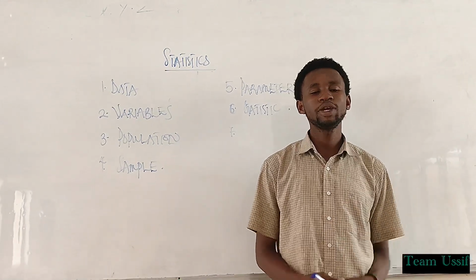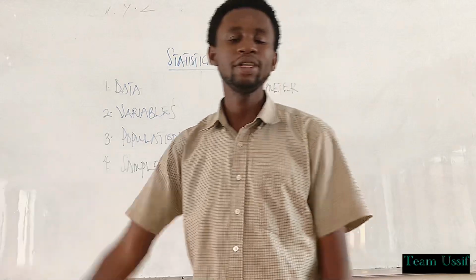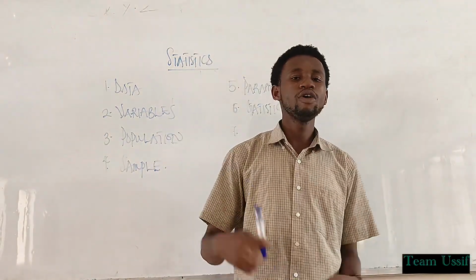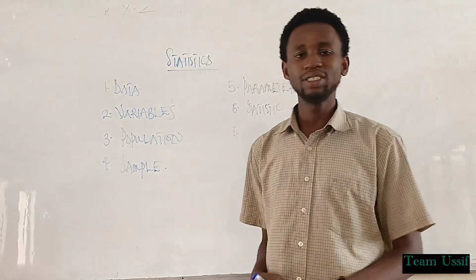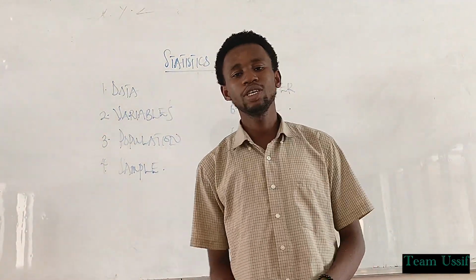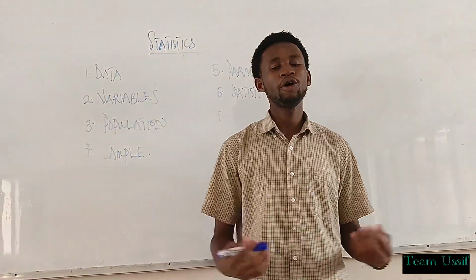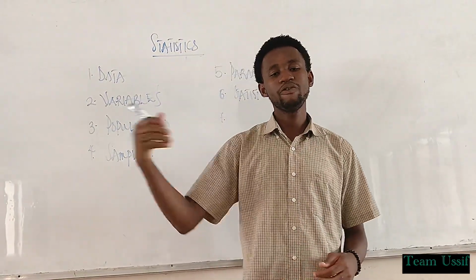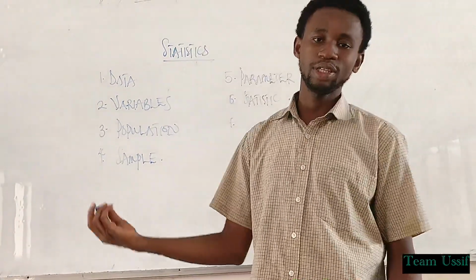The primary source is when the observer or the researcher goes onto the field to collect data through interview, focus group discussion. So they collect first-hand information. And we have the secondary data, which is already available. So you just go online, journals, books, and all those stuff. So you refer to the already existing literature. That's the secondary data. You understand?